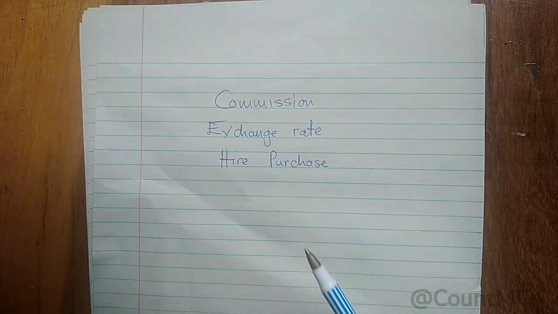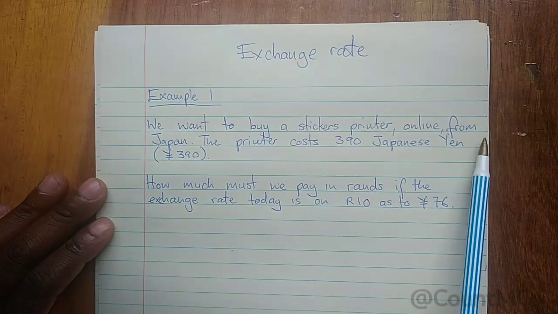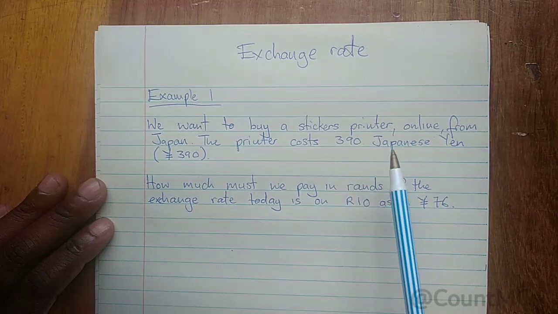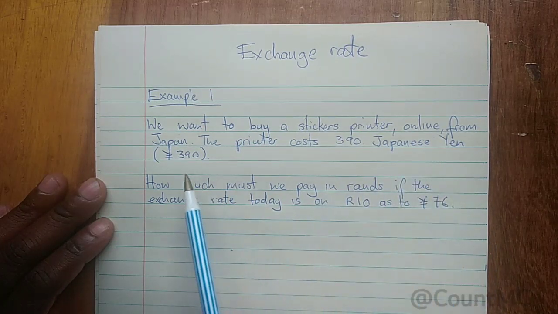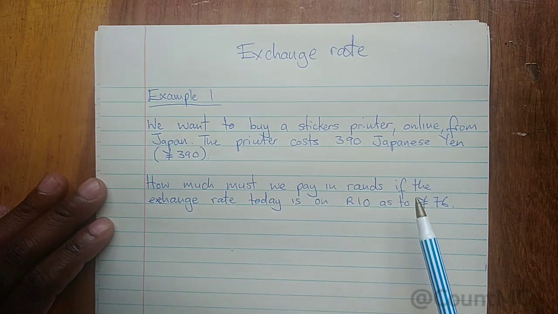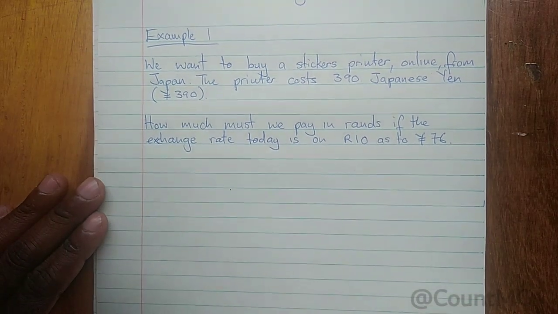Now let us talk about exchange rates. Exchange rates, this is when you are converting money from your currency to another currency, or you are converting money between two currencies. We call it currency pairs. We want to buy a stickers printer online from Japan. The printer costs 390 Japanese yen. It's written this way. How much must we pay in Rands if the exchange rate today is 10 Rands